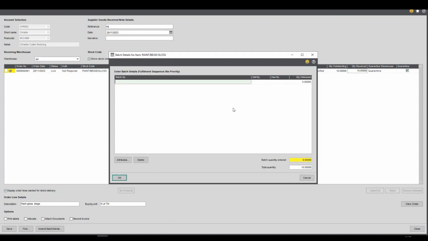Because of the rules I've set up, where I've said by default I want these items to come into quarantine to be inspected first, that information's ticked and it's picked up the correct quarantine location. If I'd said that the paint wanted to be delivered to Scotland, it would pick up the Scottish option. And so when I receive these goods in,